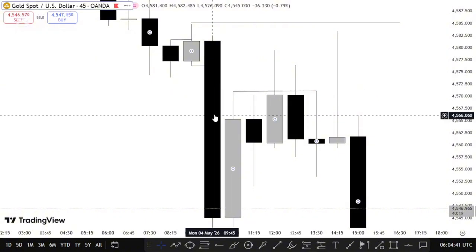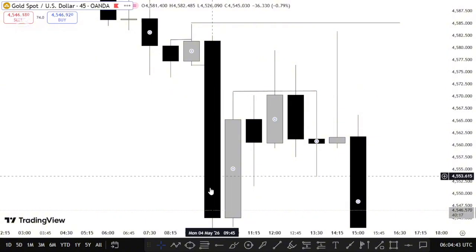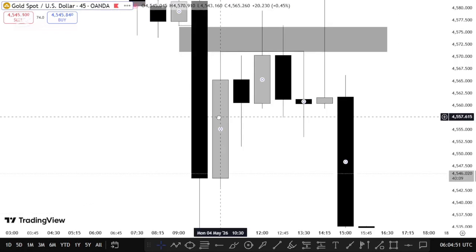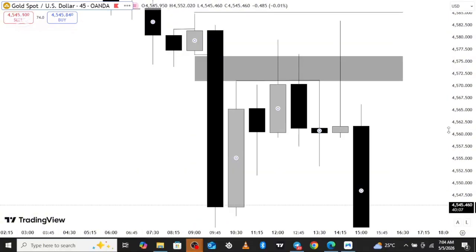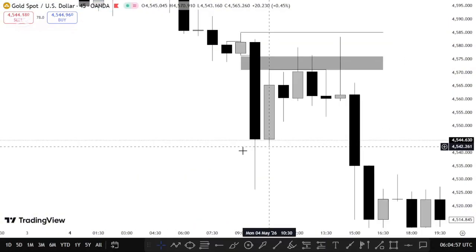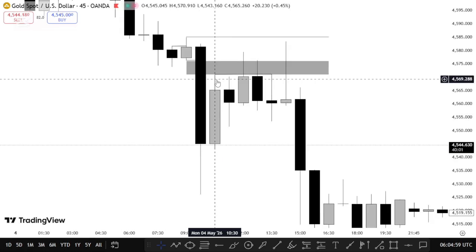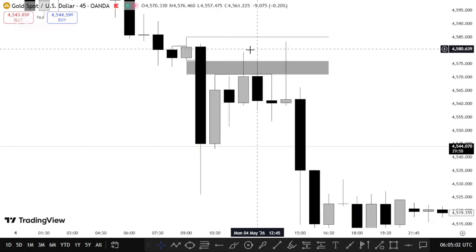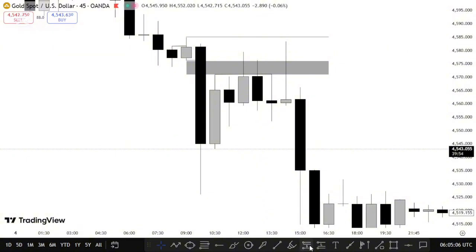So now guys, now that all that is established, you can clearly see that there is a gap here, okay. So this gap has to be filled, okay. You can see what the market did after actually filling that gap. So the market crashed to the downside. You see, the market swept this candle, then filled that gap, and then you can clearly see what